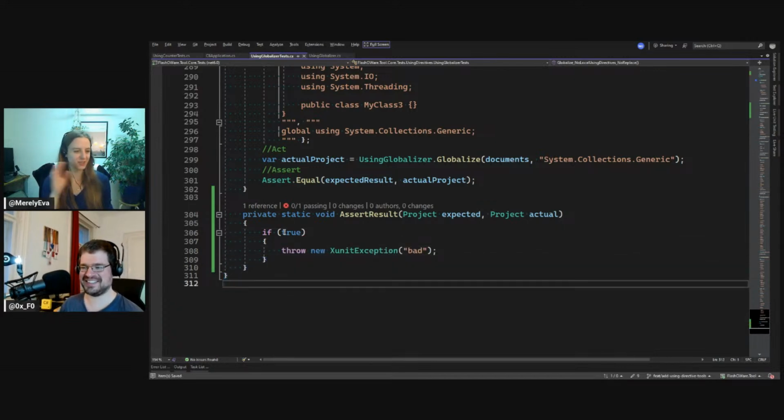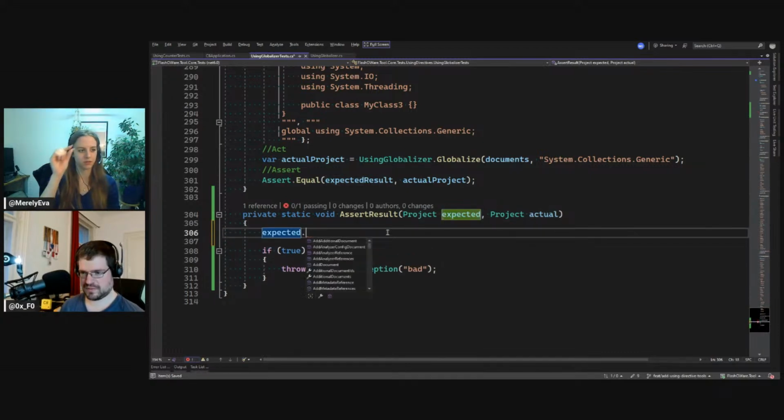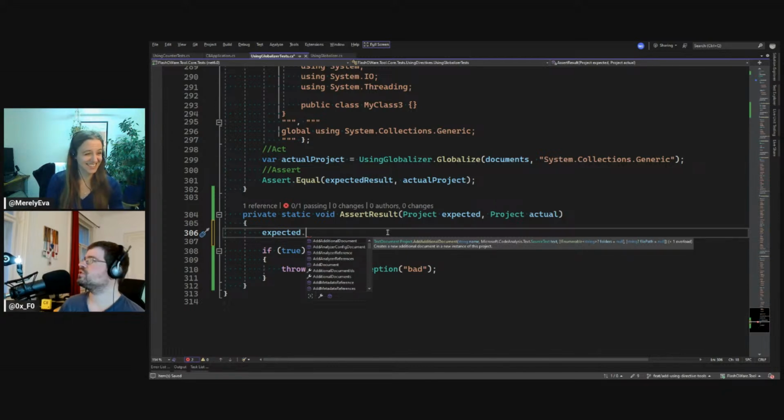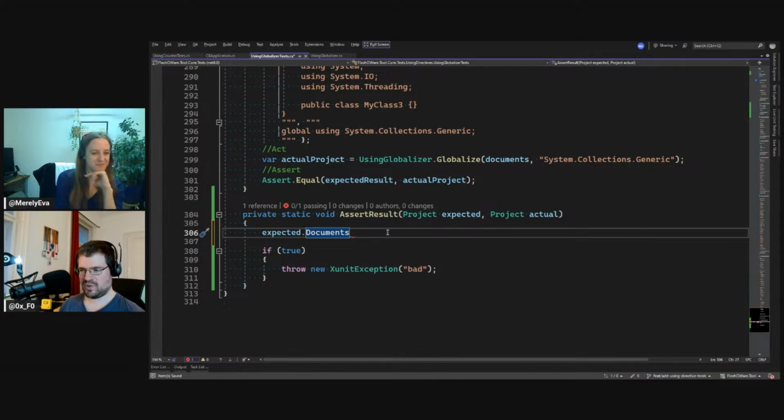Nice. Good. Done. Easy. So how do we compare these projects? I guess, do we need to? Is there any way we can loop through the individual components? No, components is the wrong word, but like the individual bits. Files, I think, is the right name, but not files, documents. So we can get a hold of all the documents, and